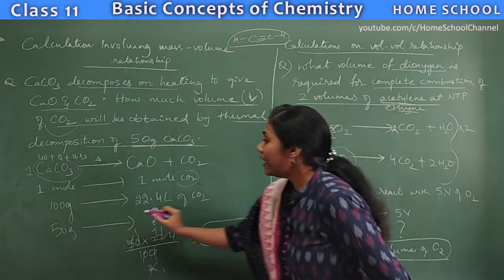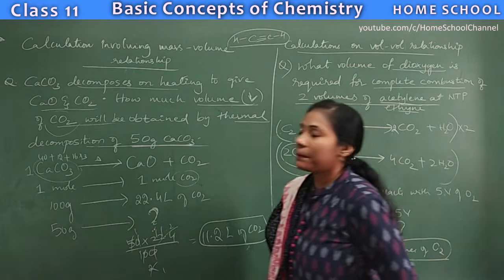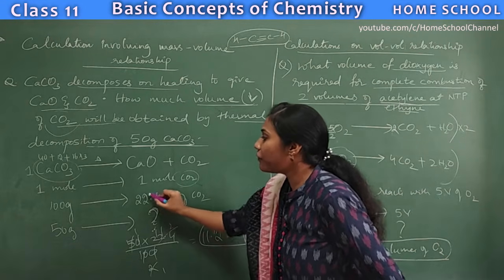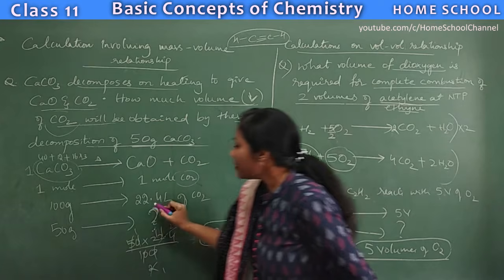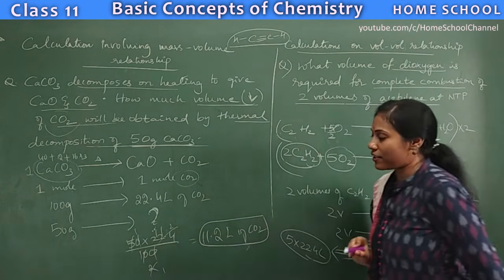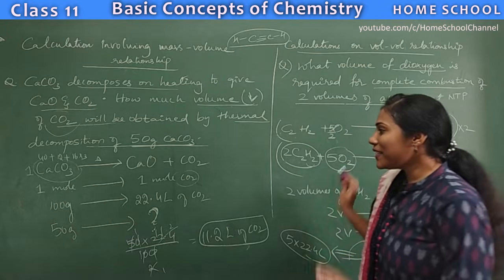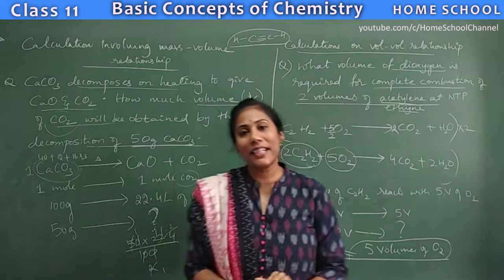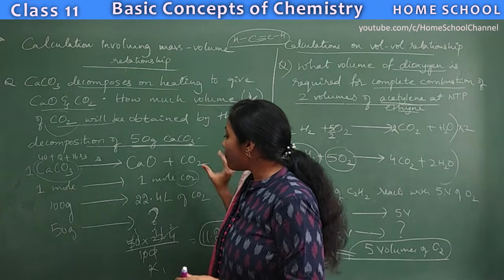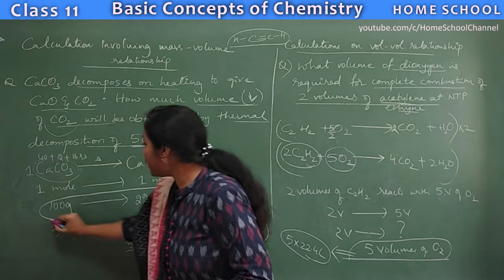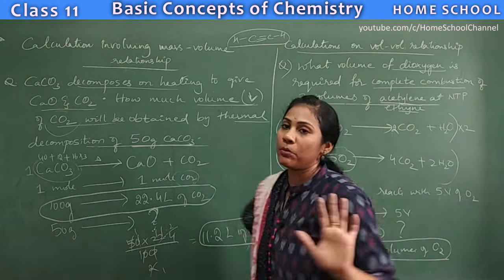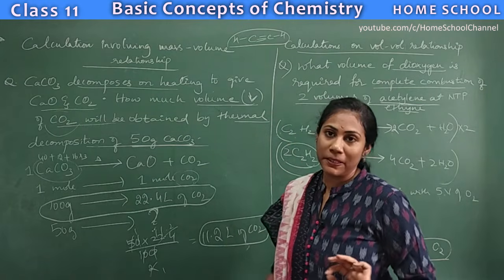So when 50 grams of calcium carbonate undergoes decomposition, how many liters do you get? You will get half of this, because half of this is reacting. So you will get half of this, logically speaking, that is 11.2 liters of carbon dioxide. Right? So this is all about the stoichiometric calculations. See, once you know to write the chemical equation, once you know to pick the information from a chemical equation according to a question, then your problem is solved. Just a matter of cross multiplication.